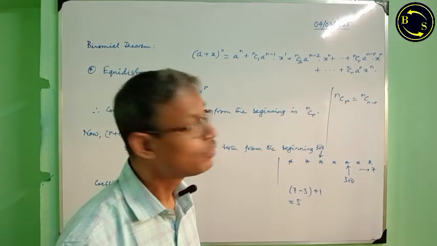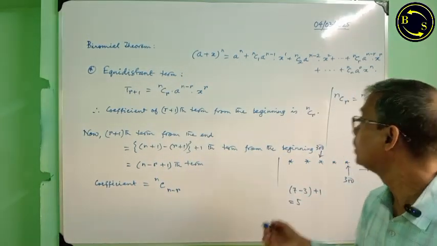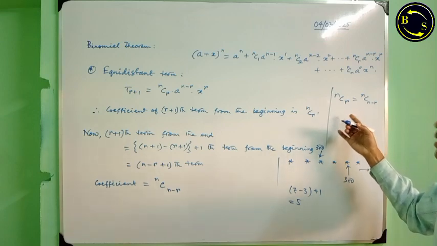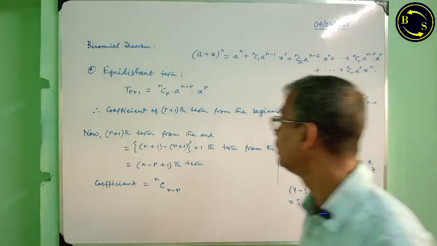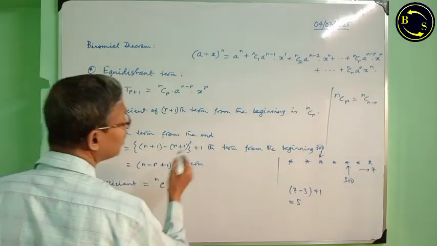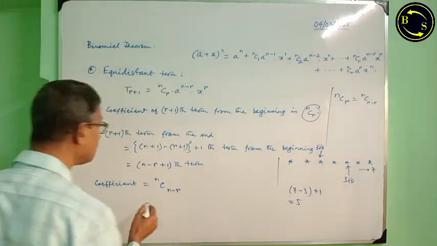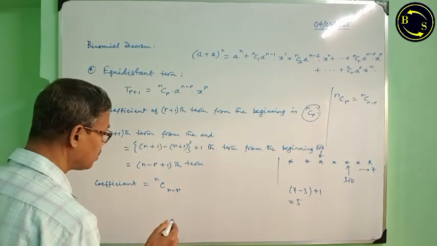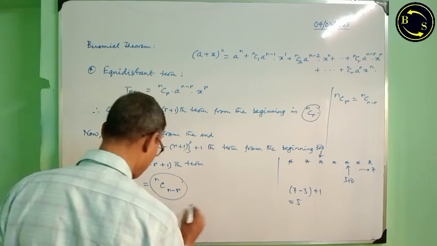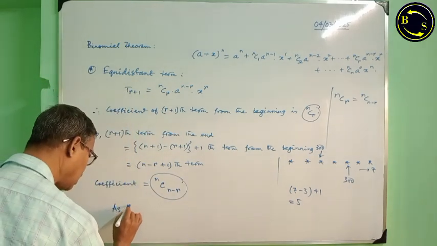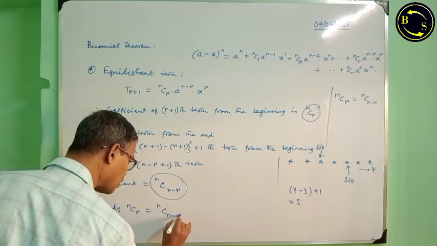Actually, we shall show this while I discuss combination; using the value of nCr, we can show easily nCr is equal to nC(n minus r). Therefore, from the beginning the coefficient is this one, and from the end the r plus 1th term coefficient is this one, and as nCr is equal to nC(n minus r),